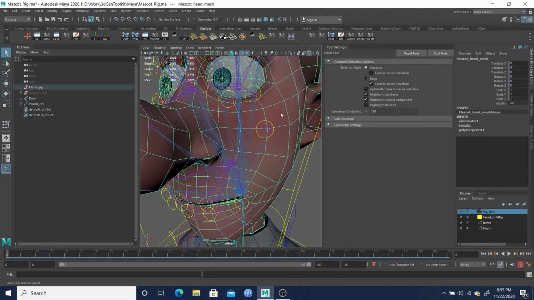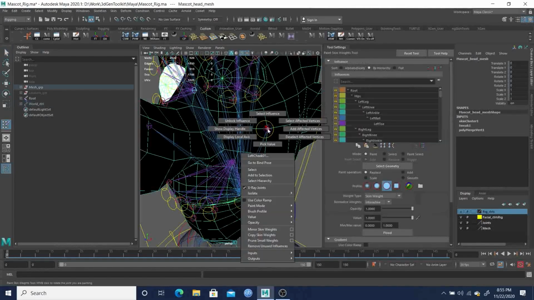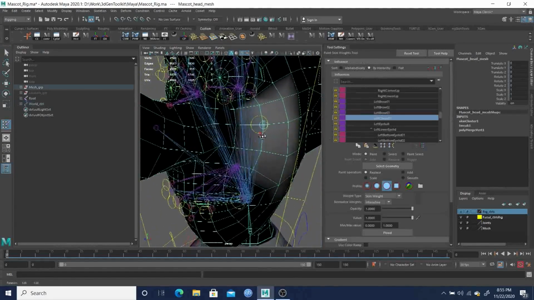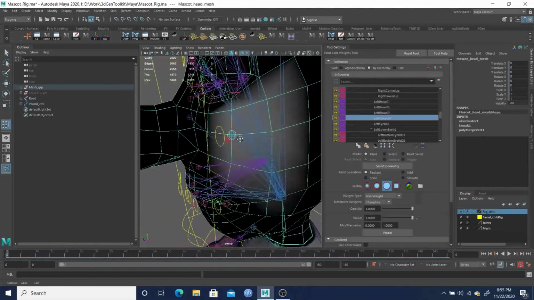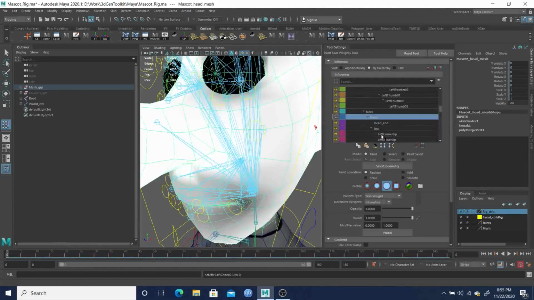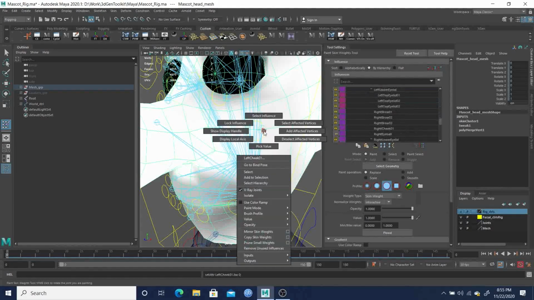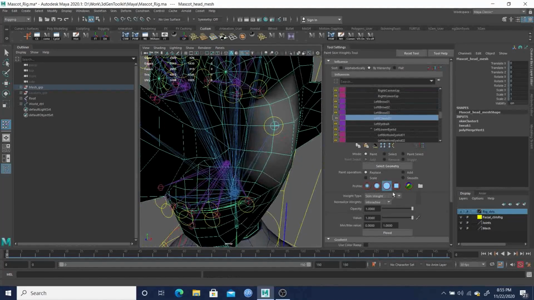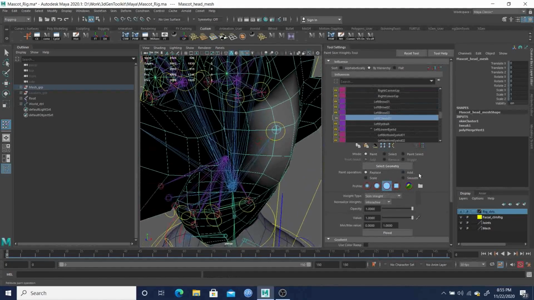Okay, now with the cheek, we'll go to the Paint Skin Weights tool, select that influence, and here we'll make sure that we uncheck the left cheek and also the head. So left cheek is unchecked. We can select that influence, and from here I'll probably just do a add 0.5 value, and so just up